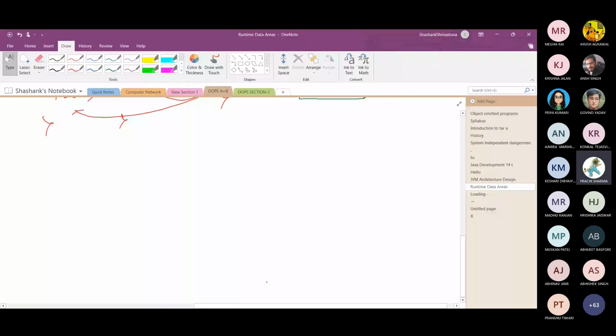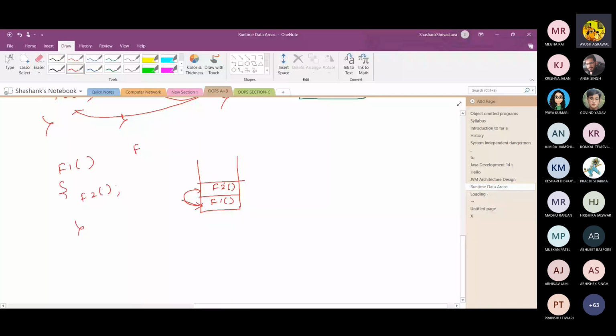If you call any function, the function is stored in the stack, and then suppose another function is called. Suppose initially f1 is called, and within f1 I call the f2 function. Control goes to the f2 function, and suppose in f2 we call the f3 function, so f3 is also stored in the stack. Similarly in the case of Java also,